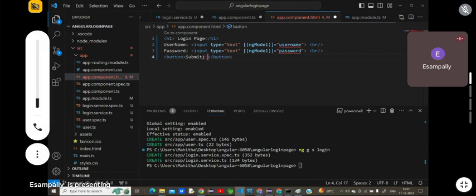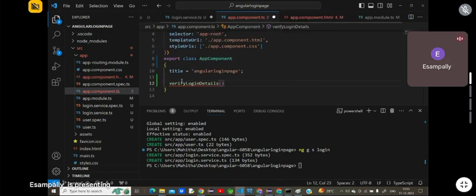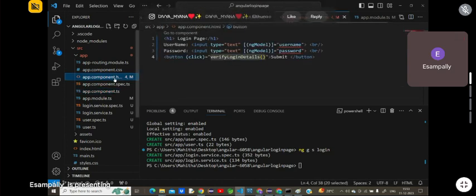And from here, when you click on this login button, right? So some action should happen. Okay, so verify login details. Are you understanding, everyone? So this is the method I am using. Okay, and one minute. What we can do is, for this also, if you want, you can even